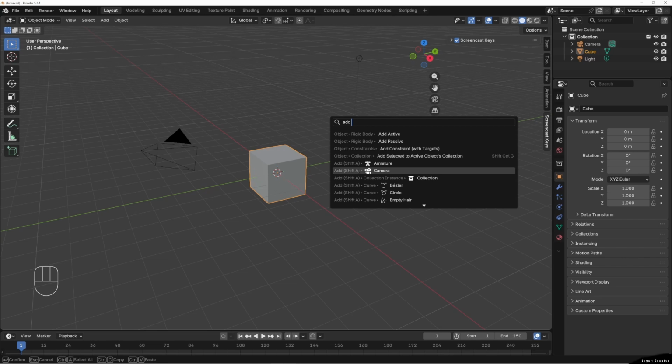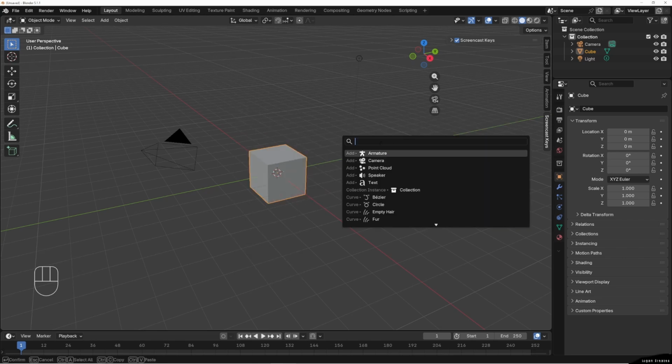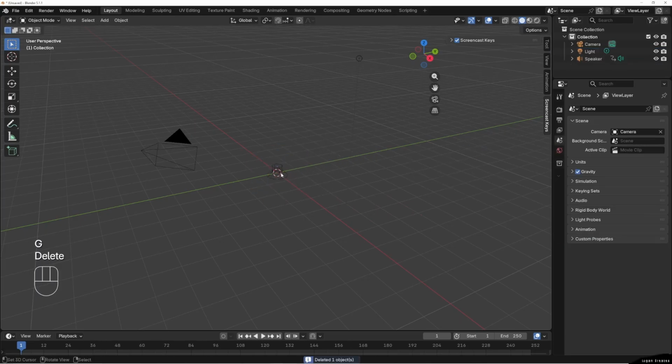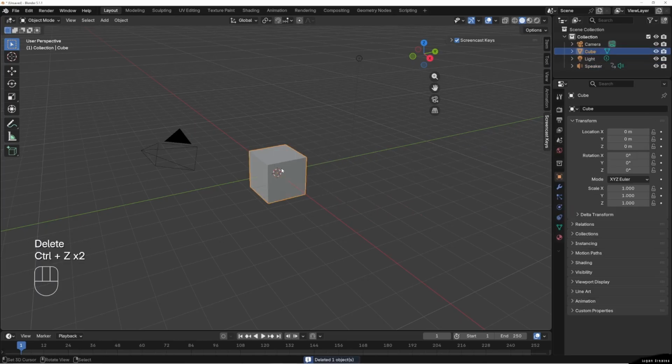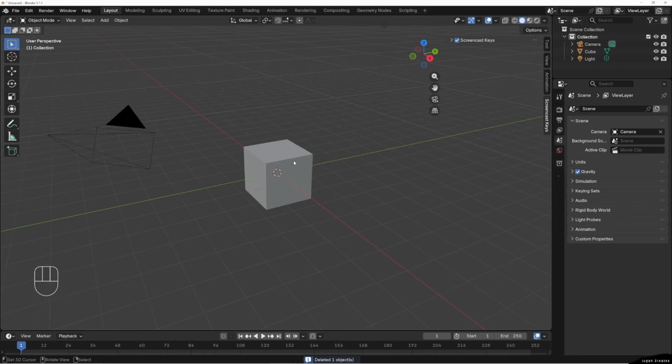So we see Shift A is for adding things. If you need shortcut keys, a great way to find them is using search, but also you can just search and do an add, and then you've added whatever it is to your scene. So we're not going to delete the cube. All right. Once you're actually ready to get started,